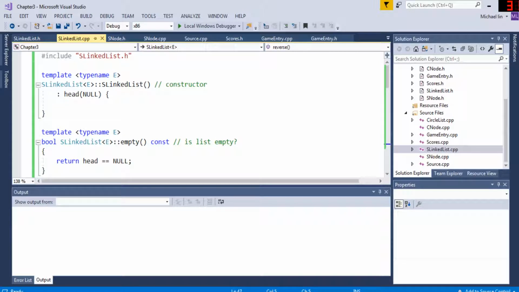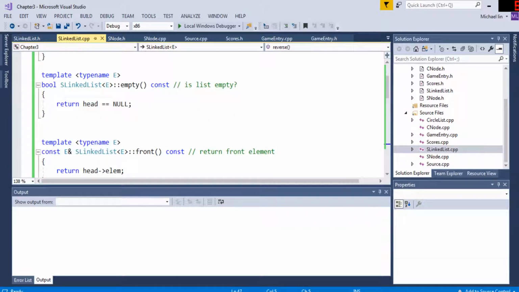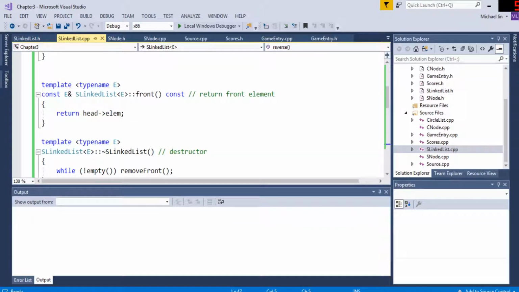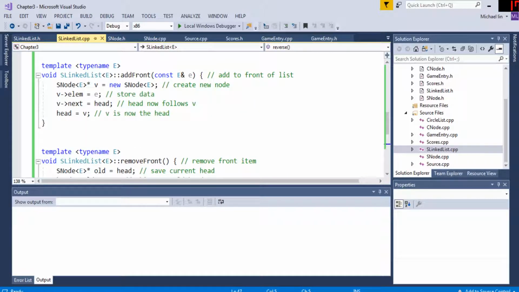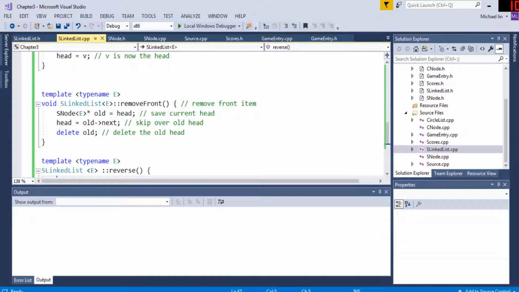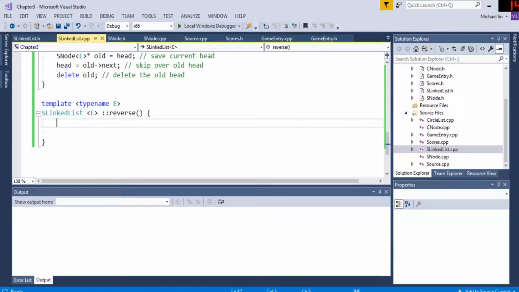So where's my linked list? So my singular linked list head is normally instantiated to null, and then if the front is head's element, and then destructor, you keep removing it, right? So adding to front, they create a new node, then they set all the elements, and then they point head to it, right? Removing the front, they save the current head, they skip over the old head, and then they delete it, right? But now if I want to reverse, I'm going to have a singular linked list, and then what I'm going to do, I'm going to basically call it,